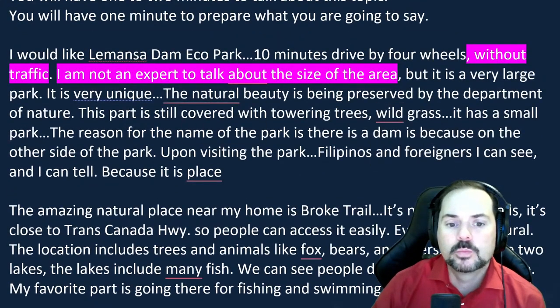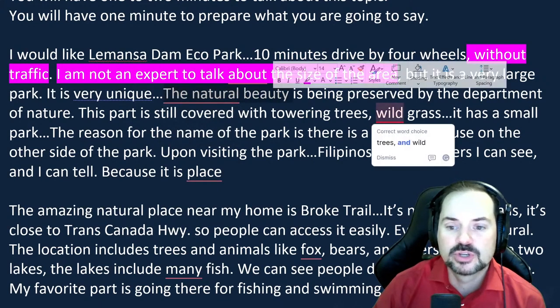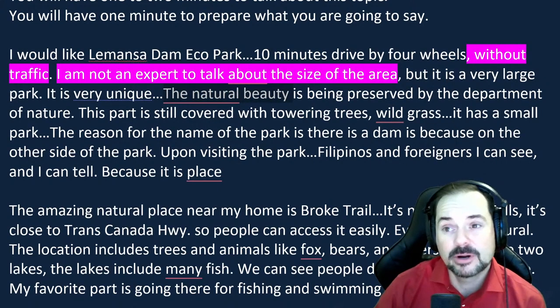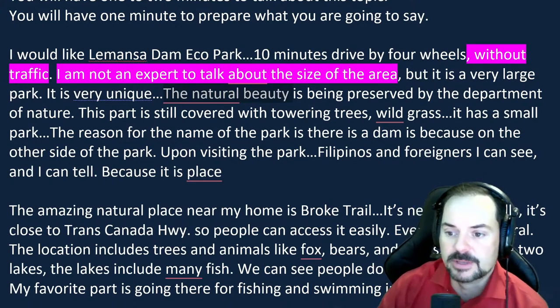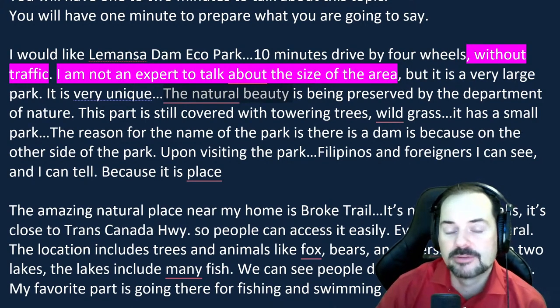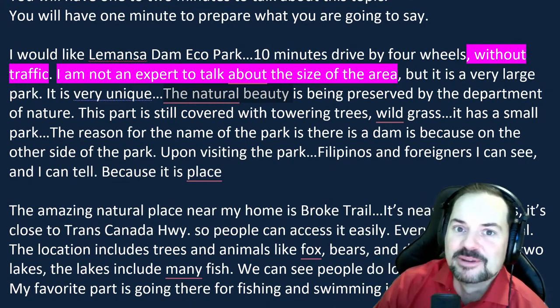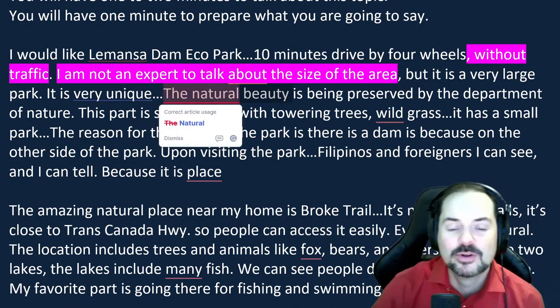You said the natural beauty is preserved. At first, you said that it's a private park, but we would call that actually a public park if it's owned by the government. So, not a private. A private park would be owned by some kind of a corporation or individual. So this sounds like a public park that is taken care of by the Department of Environment, which again is too much information. Like in most countries, public parks, yeah, they're taken care of by your Department of Environment and Nature. Most people know that, right?